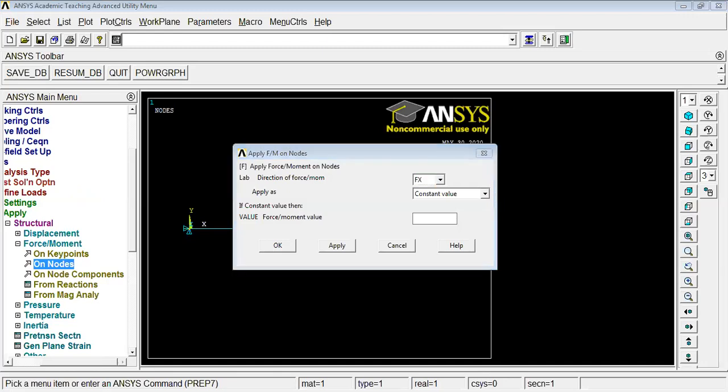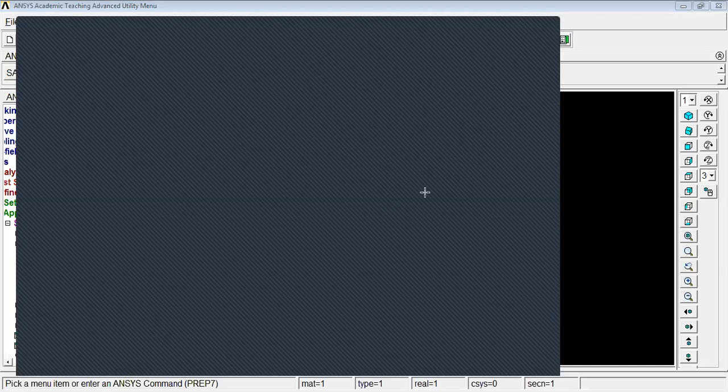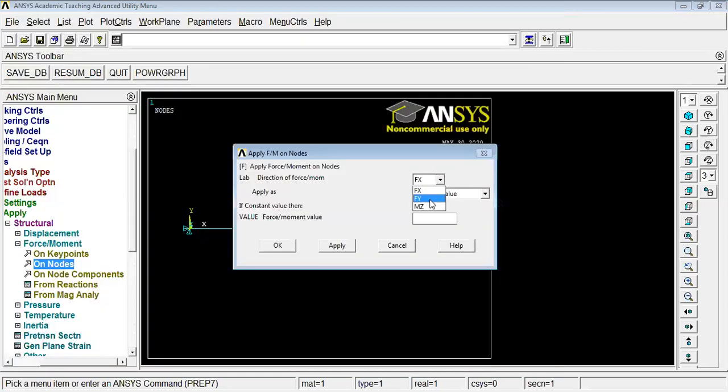At node number 4, it is subjected to a 20,000 Newton force in the downward Y direction. So 20,000 Newton in FY direction, minus 20,000, at node number 4.